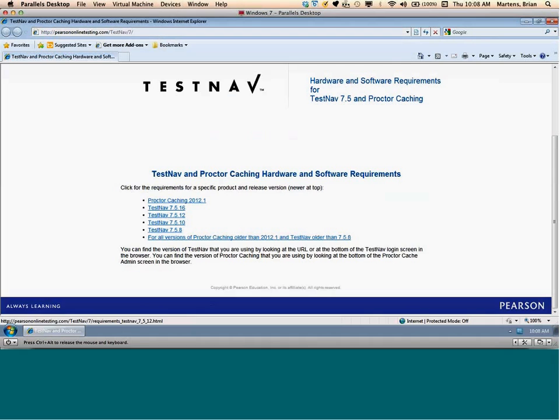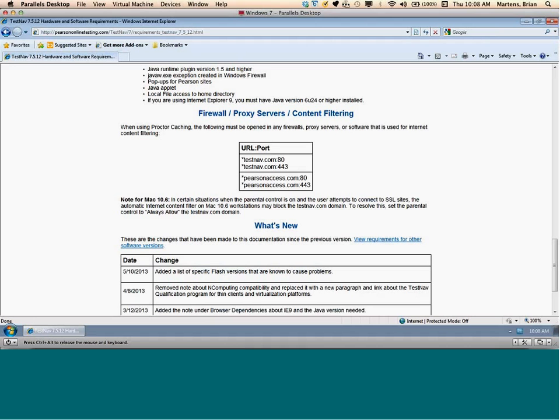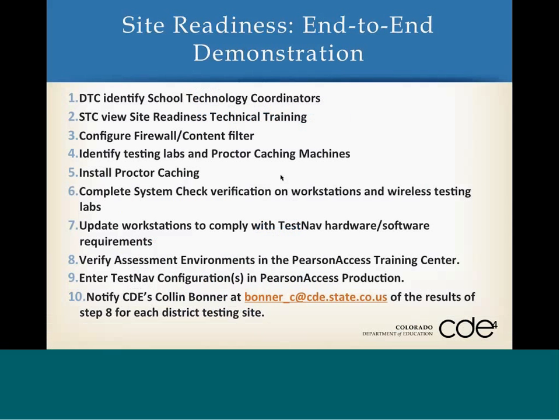So I click on that link, and as I scroll down the requirements here, you'll see that we have firewalls, proxy servers, content filtering, anything like that that monitors that may potentially block or alter any sort of traffic. You need to make sure that testnav.com and pearsonaccess.com on ports 80 and 443 are both explicitly allowed. Once you've done that,